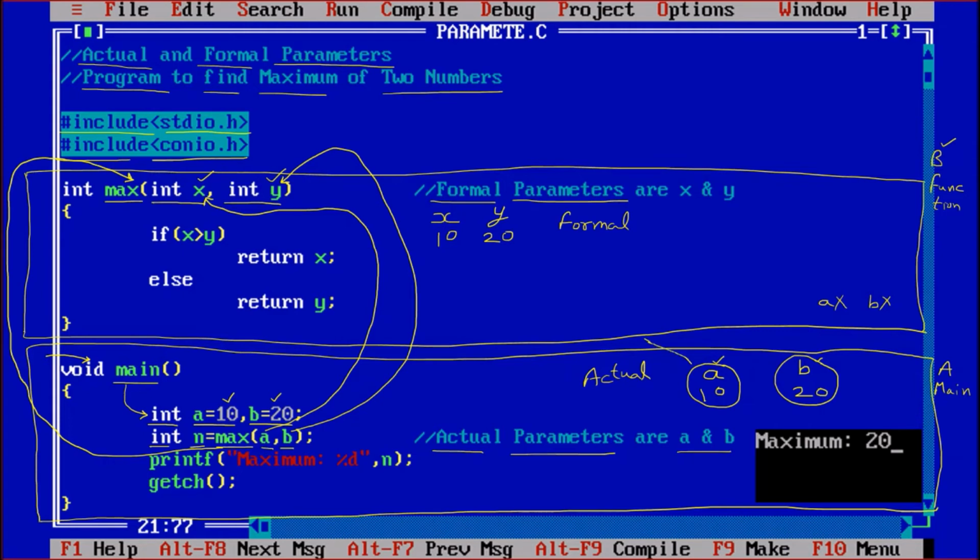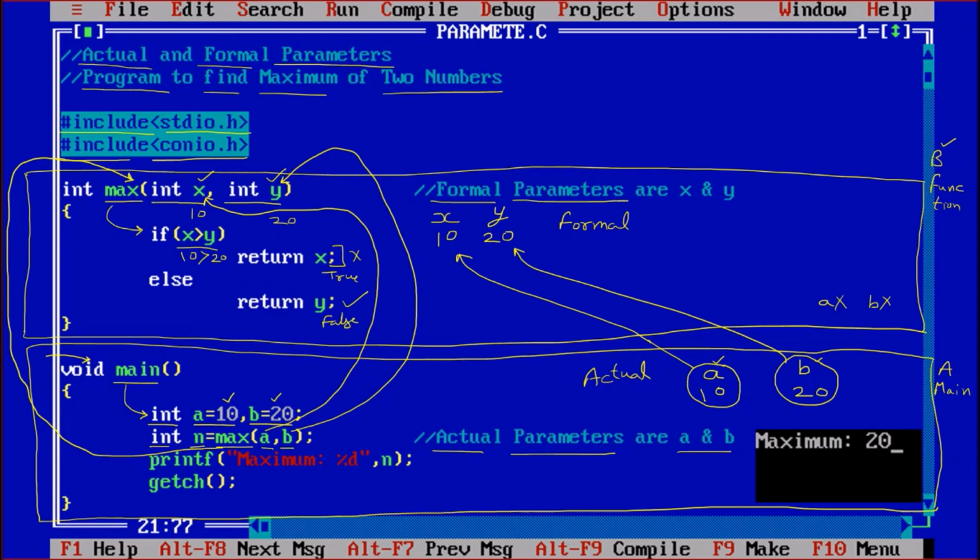We can see that the actuals are giving their values to the formal parameters, and then after that if we come inside, so if x greater than y, that means 10 is greater than 20, that is false. So the first part will not run because that is the true part. This part will run because that is the false part.